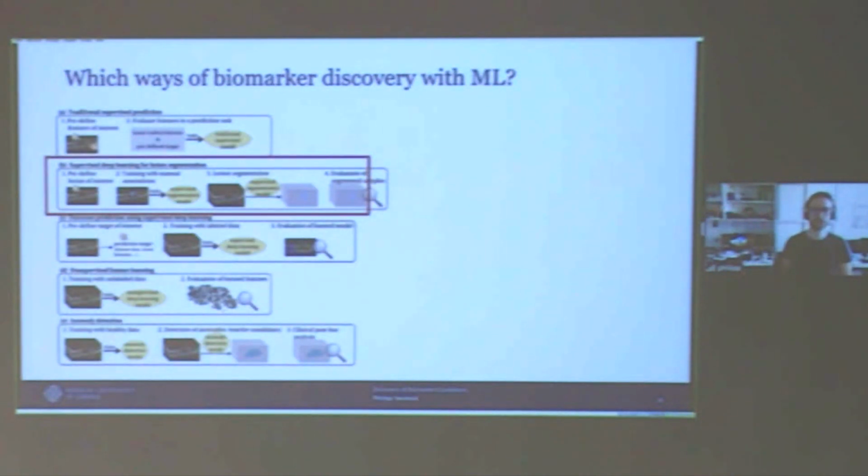The second strategy is to train a supervised deep learning model to segment certain structures of interest in the training data. Once you have this trained model that is able to detect specific pathologies, you can apply it on a large-scale data set, which is quite often collected in routine imaging but cannot be used directly. With these models, you can then explore these large data sets and evaluate them in post-hoc medical analysis.